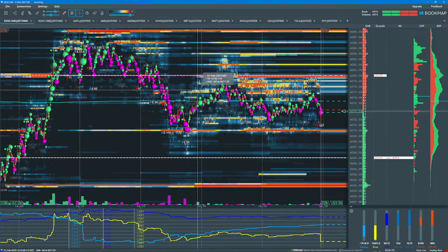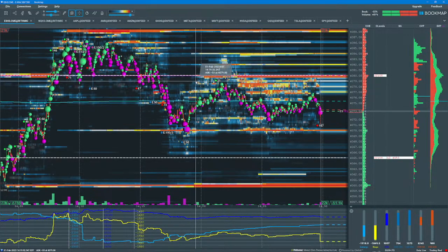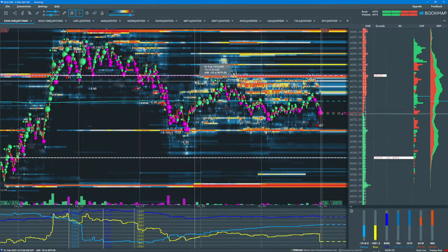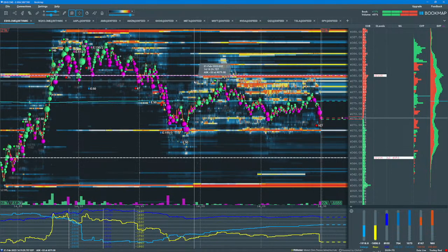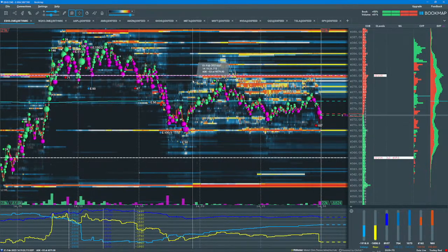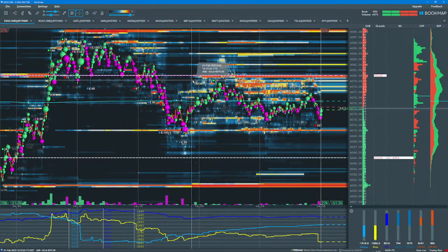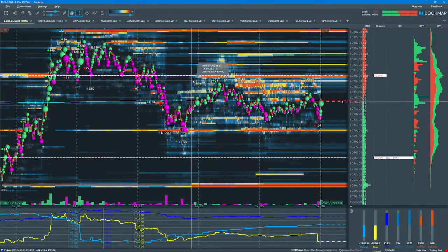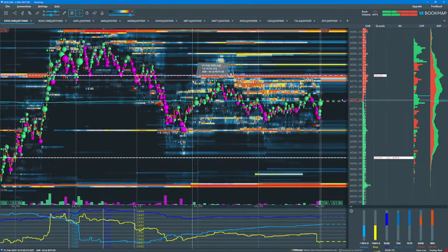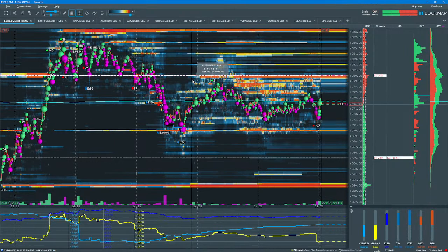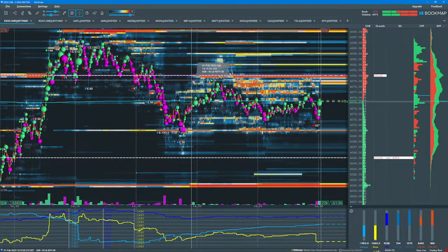So here is the S&P 500 ES futures. One thing I want to point out is, I'm jumping from screen to screen here. So now the press conference is starting. I'm jumping from screen to screen here, but normally